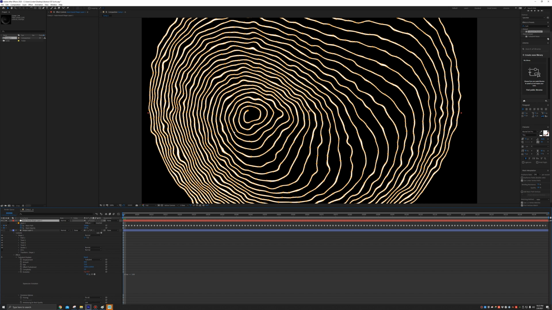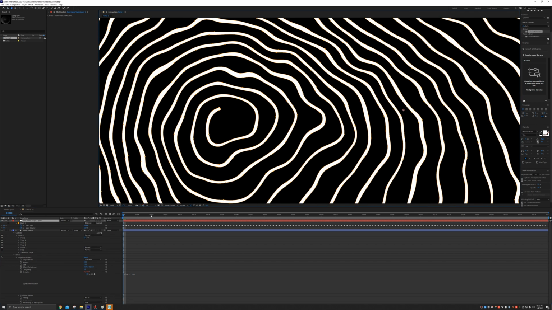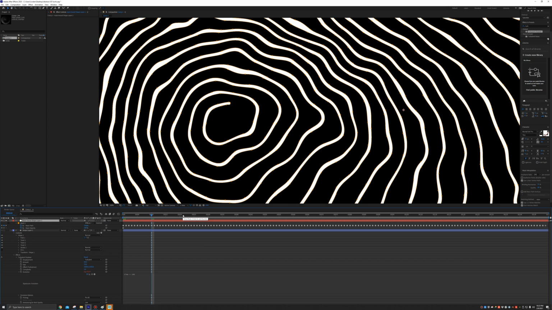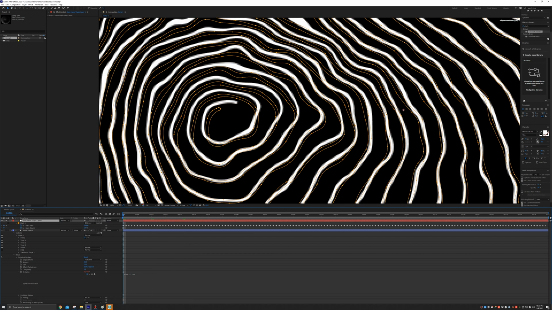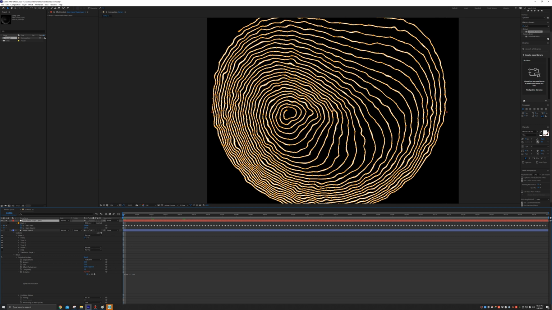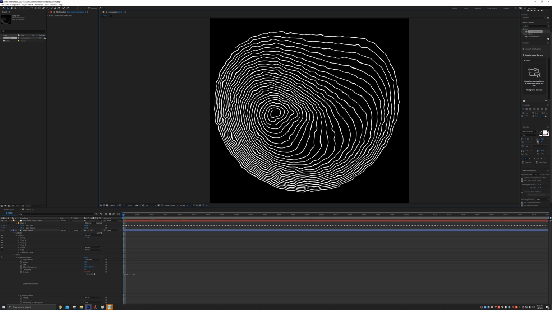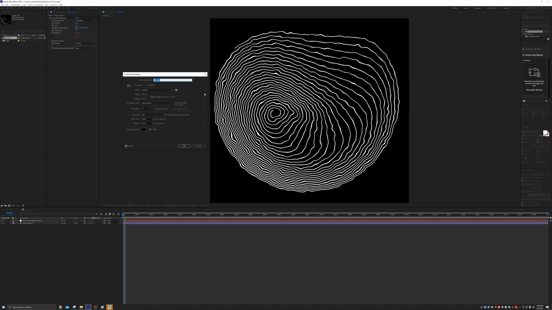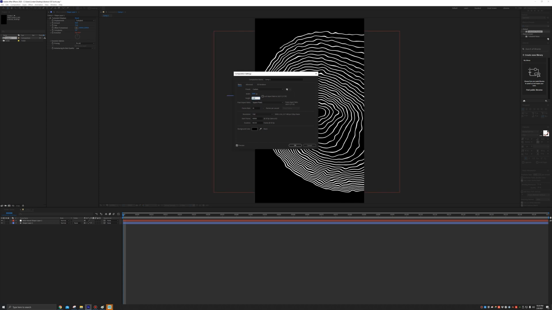So if that happens, what I would do is just play around with the turbulent displacement settings, just change something and try again, and sometimes it does a better job at finishing that. I was working on some much longer animations with this and I had to do that. You may not run into it, but just as a little quick tip that might help. All right, so now we can change our composition back to UHD 4K or whatever the resolution is that you were using before. We don't require that square composition anymore.